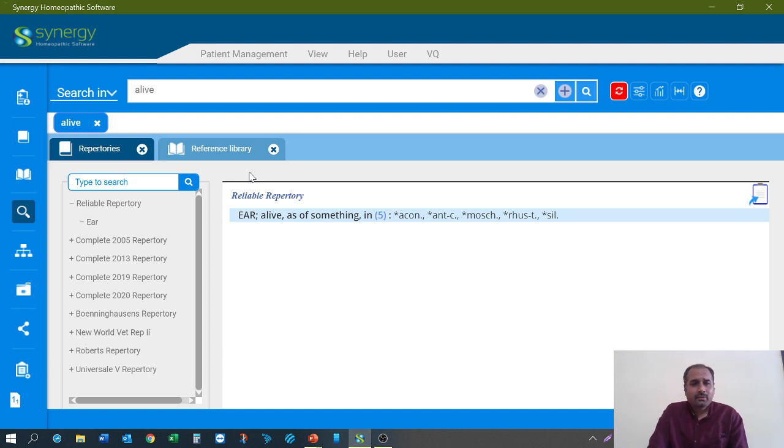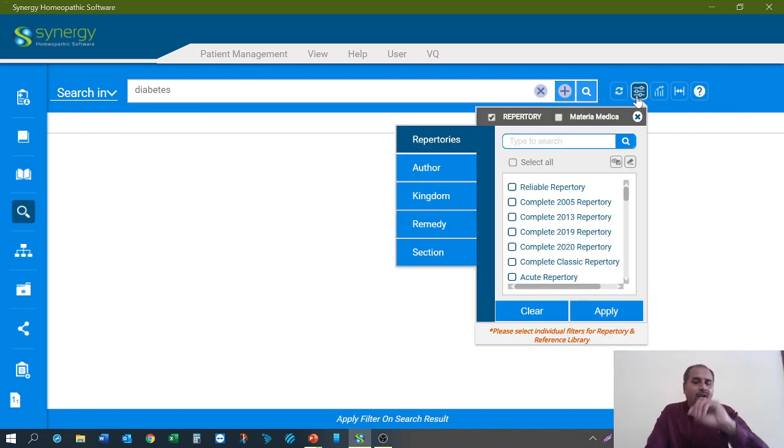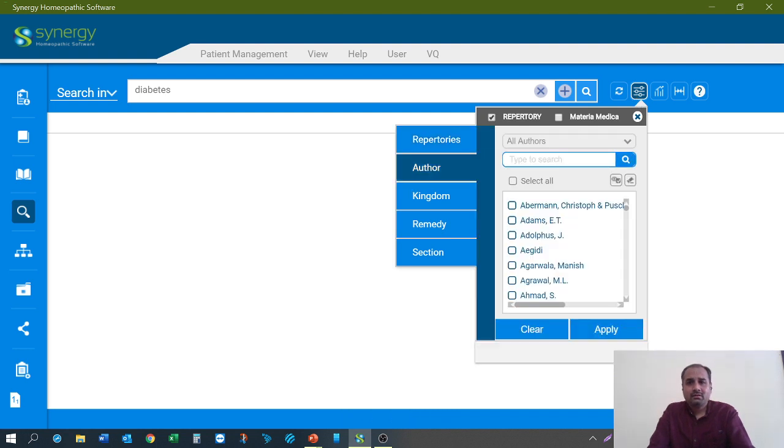So in this way, you can limit your search, for example, for diabetes. And where would you like to find diabetes? In Dr. Sarkar's book, because he is a good author who has written something interesting about different clinical conditions.